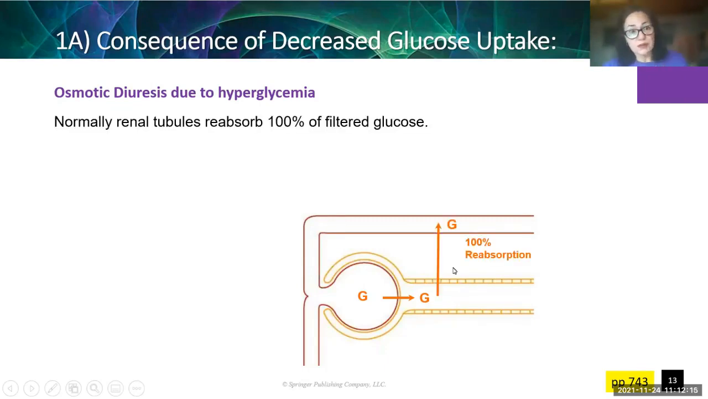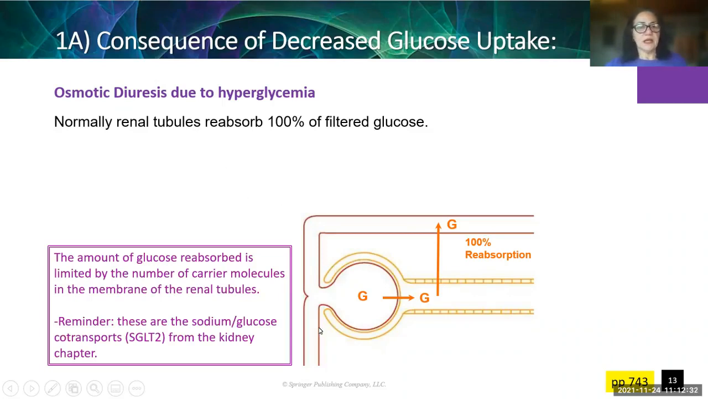Also normal is that usually all of the glucose that goes out into the renal tubule gets reabsorbed. 100% of normal glucose amounts get pulled back. However, there is a limit to how much can get pulled back because there's a finite number of carrier molecules in the membranes. I'm going to remind you, we talked about this when we were in the renal chapter. These are the sodium glucose co-transporters. Remember we said